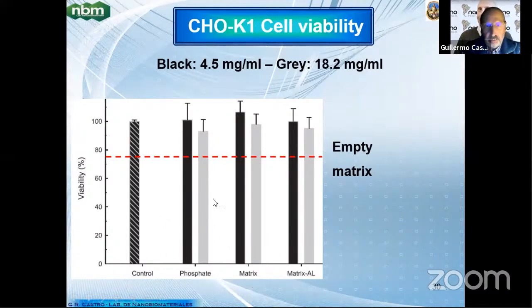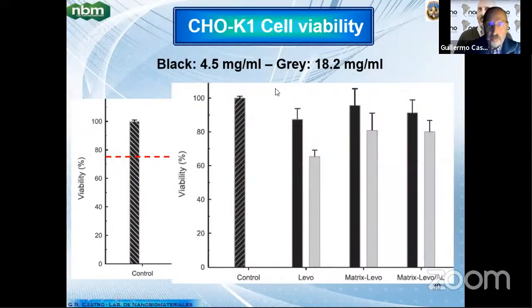So it means that not only the matrix is innocuous, but also the products of hydrolysis are too. So later we include the antibiotic, and as you can see, at 18.2 mg per ml